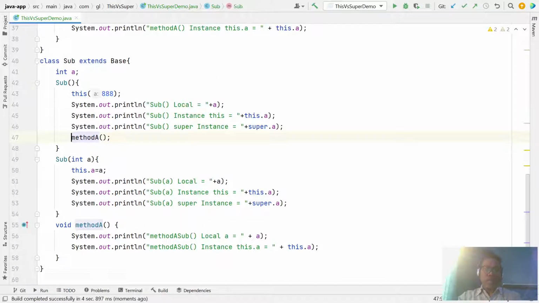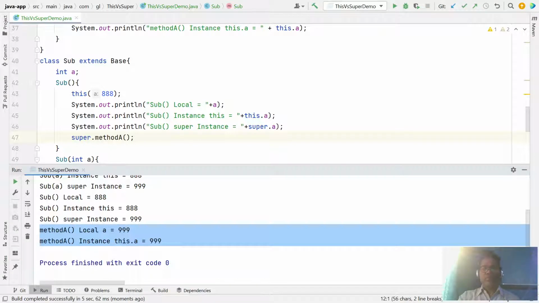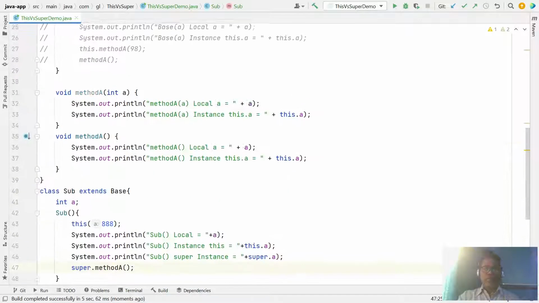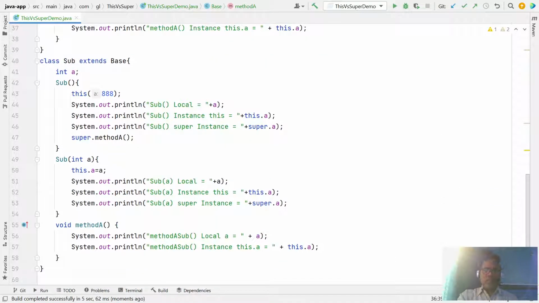You can use super dot, and after that you will check this will invoke your super class method, your base class. Here you can say base. Correct. So super has two uses: one to access your instance variable, and second to invoke your super method.